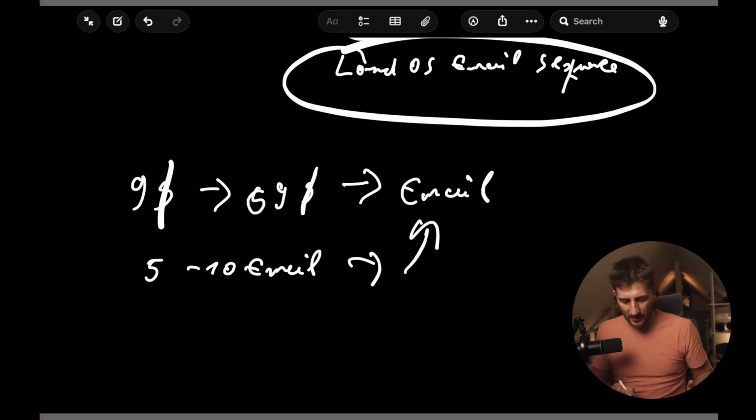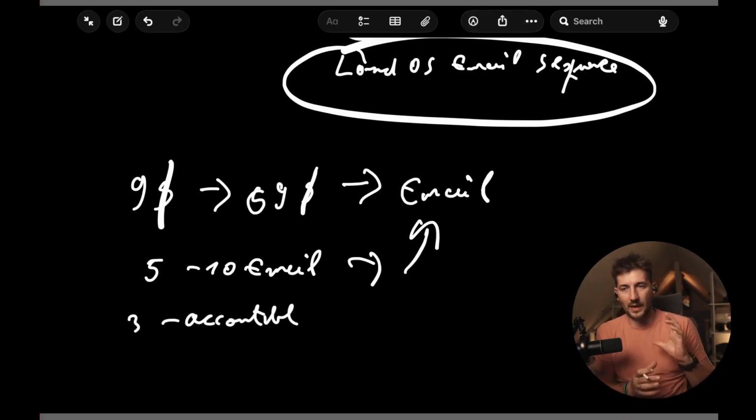First emails, like the first 3, I'm trying to keep them accountable for what they bought, and I'm telling them how to use it, what's the best usage of it, how can they make the most out of it. Something that most people don't do, and they just, you bought this from me, next thing, buy some more. I'm keeping them accountable, and then I'm slowly starting to get them into, hey, I can install